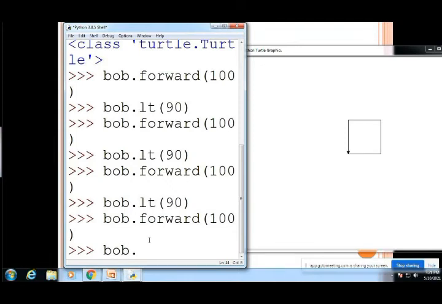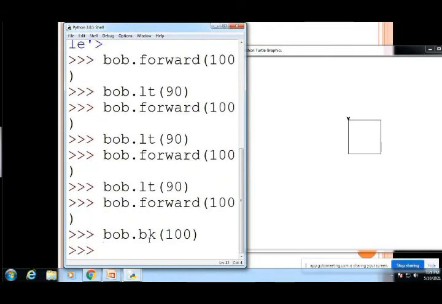Don't forget about bob. Bob is an object that stores the turtle class. bob dot bk 100. It moves backward.